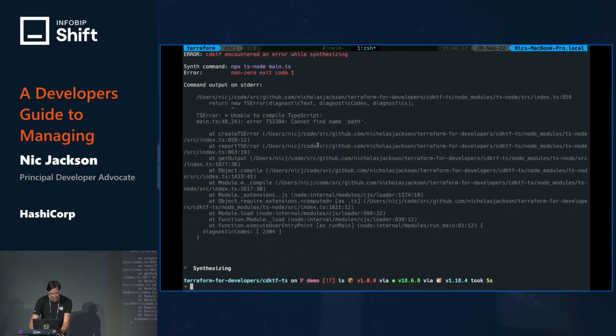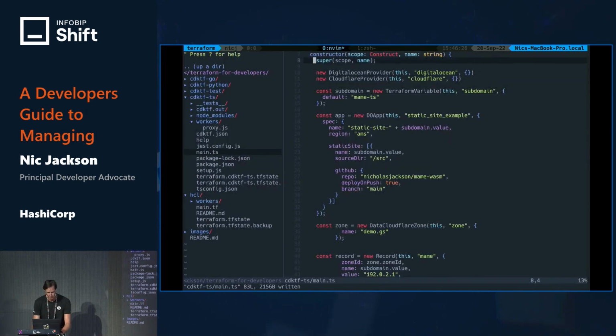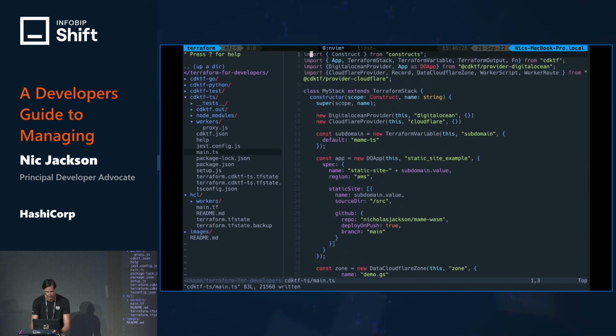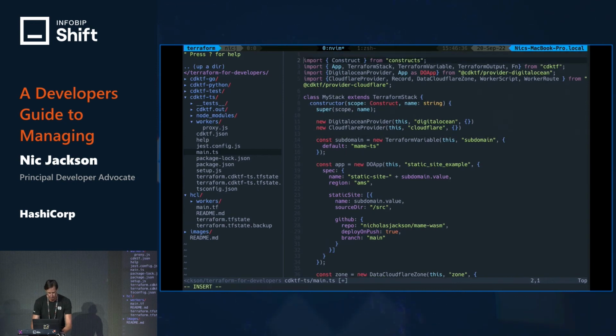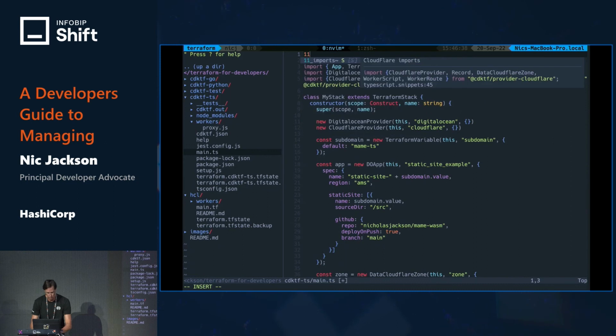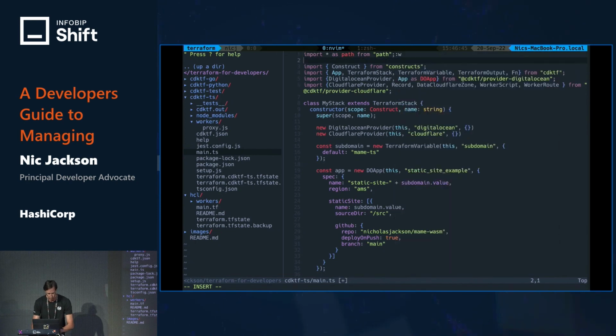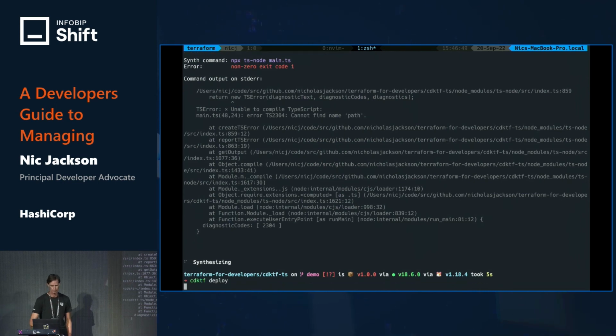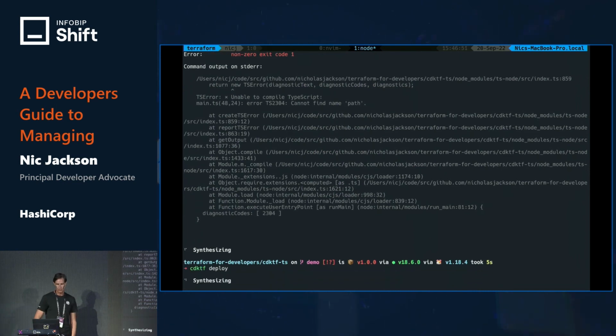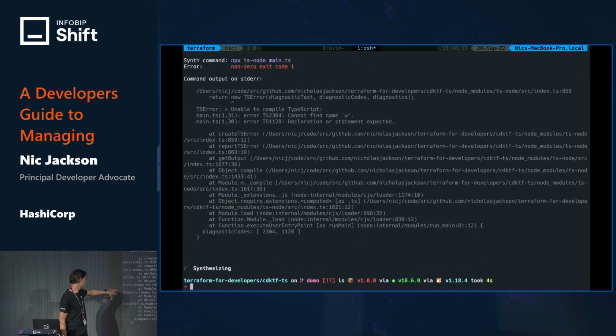And that wasn't expected, but it's telling me that it can't find path, and that is because I haven't imported path. Where's path? There we go. So we are going to save that, and we're going to run this again. We're going to detect those changes. It's going to tell us that